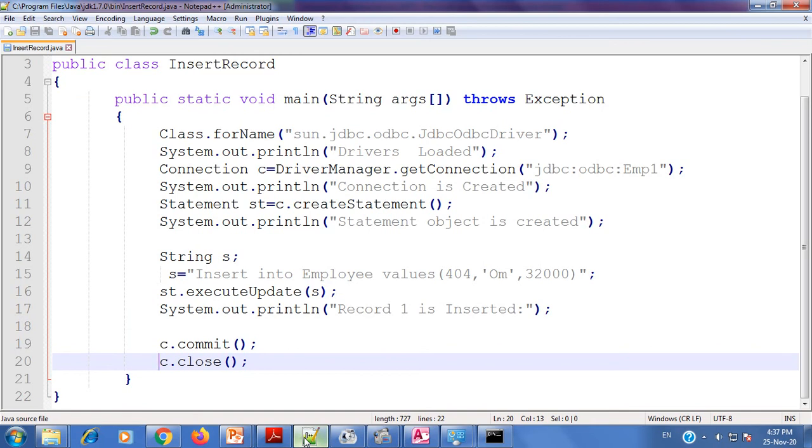Instead of insert into employee, you may write delete from employee, or you may update any particular record, or you may retrieve the values. Depending on your choice or requirement, the operations can be done, whatever number of operations you wish to perform.